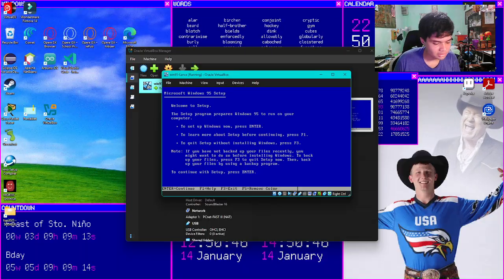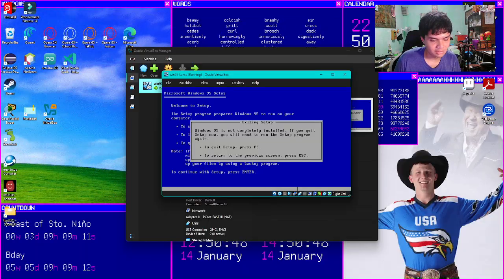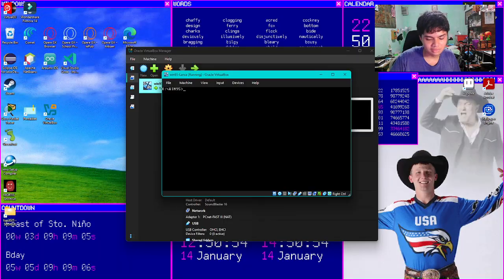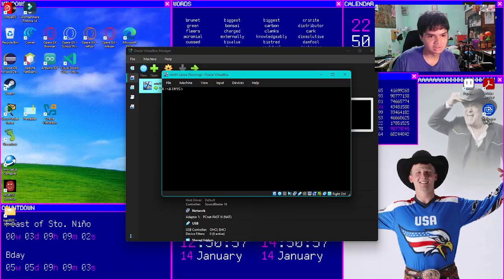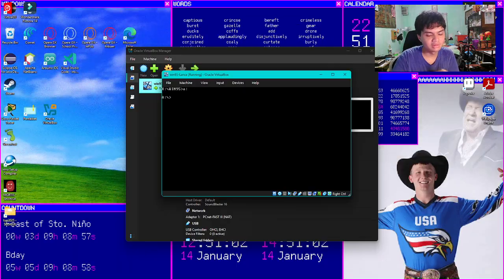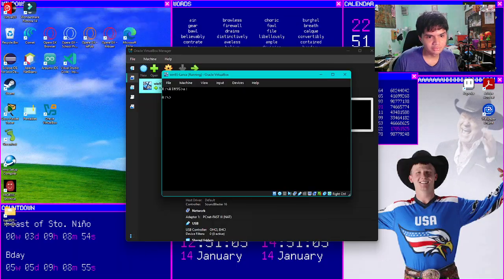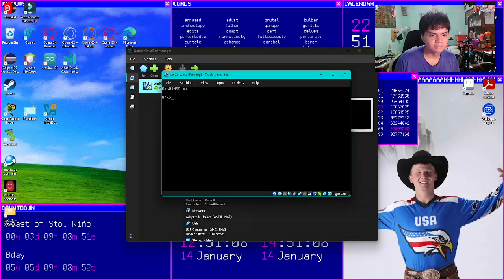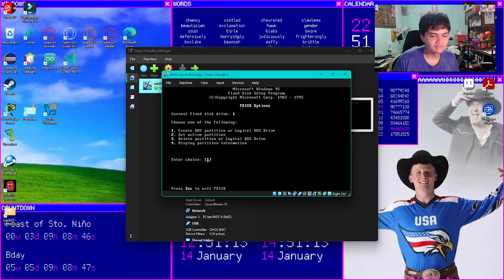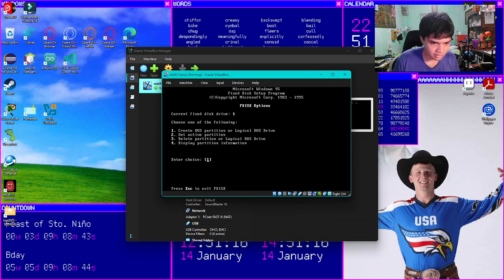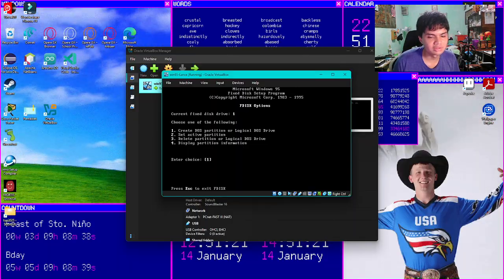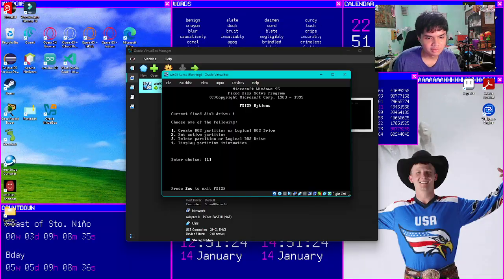So now let's do just that. So let's press F3, then F3 again to quit setup. Then we're here with our CMD command line. So now we need to first create the two partitions. So what we need to do is we need to press A, drive A. Then now we're on directory drive A. So now what we need to do to create the partitions is to type fdisk. After typing fdisk and pressing enter, it's gonna go to fdisk options. So now we need to choose one option here, which is number one, creating a DOS partition or logical DOS drive. Then press enter.